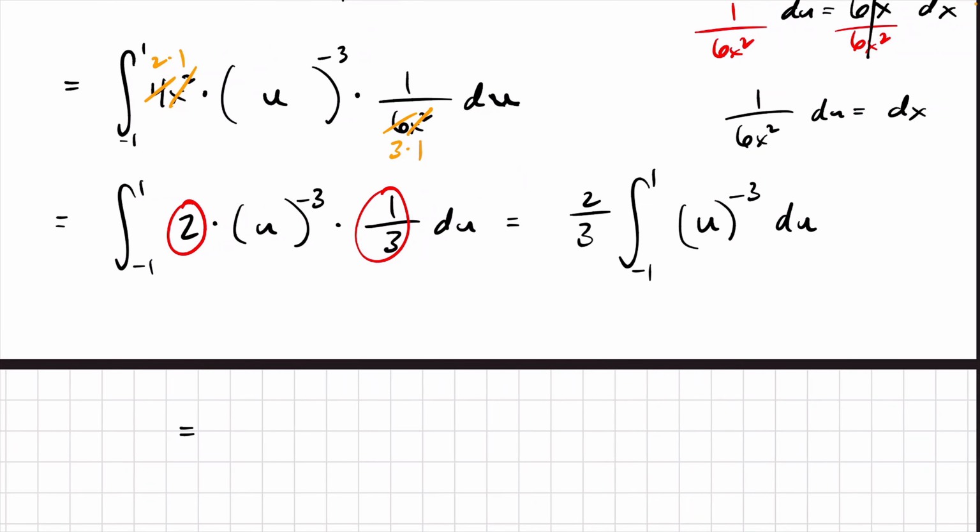Still haven't finished step 1. Step 1 is I have to do the antiderivative. I haven't done that yet. I've got to do that now. So add a power, divide by the new power. So we're going to get